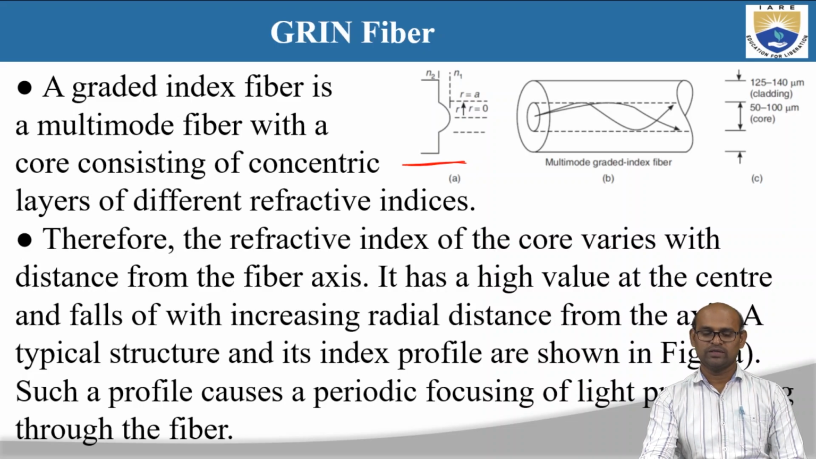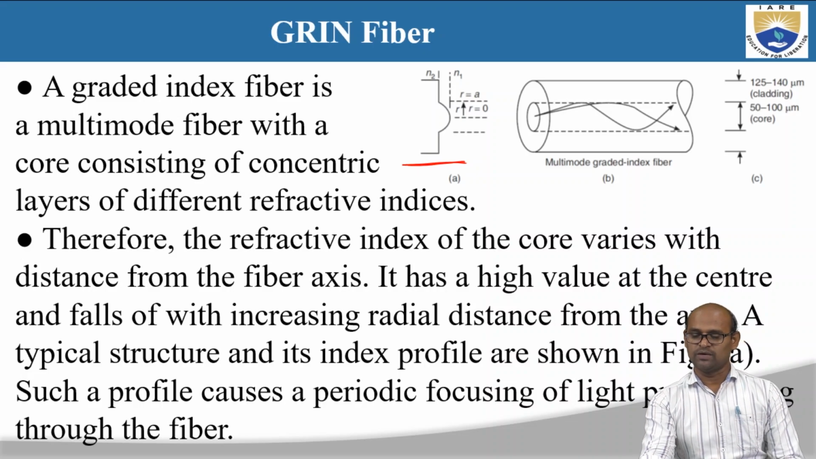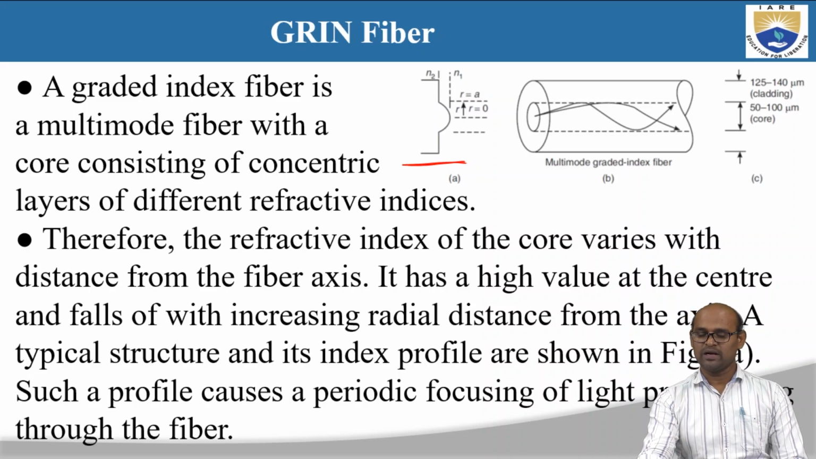It has a high value at the center and falls off with increasing radial distance from the axis. It decreases as we go towards the core cladding boundary. A typical structure and refractive index profile is given in the figure. Such a profile causes a periodic focusing of light